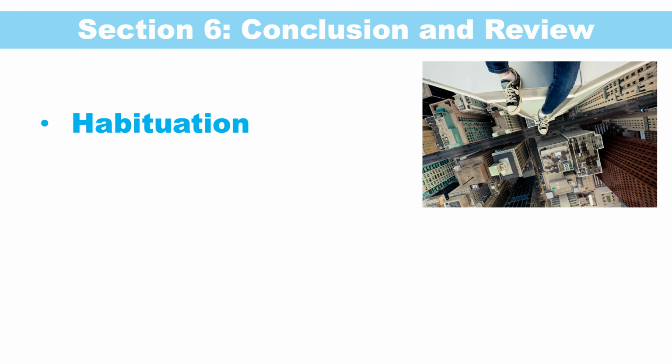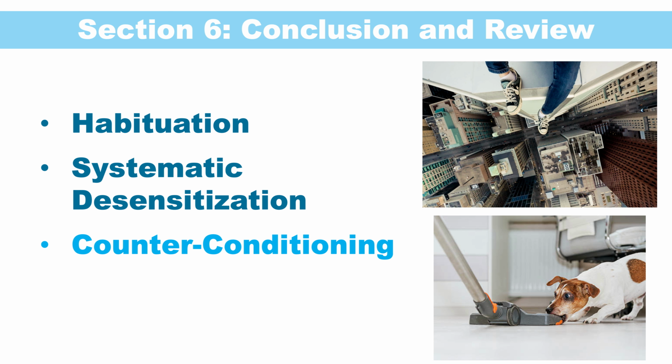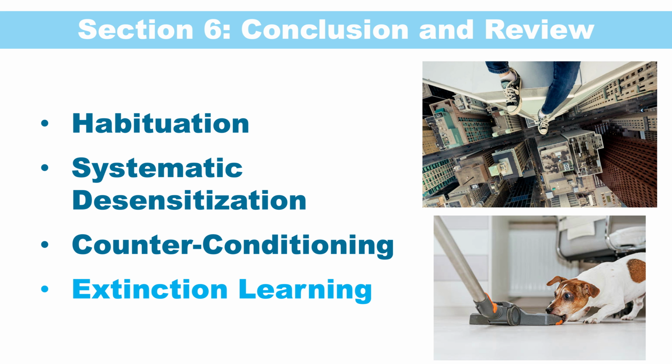Here's a quick summary of what we've explored. Habituation reduces responses through repeated exposure, often by flooding the individual with a stimulus. Systematic desensitization combines gradual exposure with relaxation techniques, creating a step-by-step path to overcoming fears. Counterconditioning replaces undesired associations with positive ones, rewriting emotional and behavioral responses. Extinction learning breaks the connection between a behavior and its reinforcement, with phenomena like extinction bursts and spontaneous recovery adding